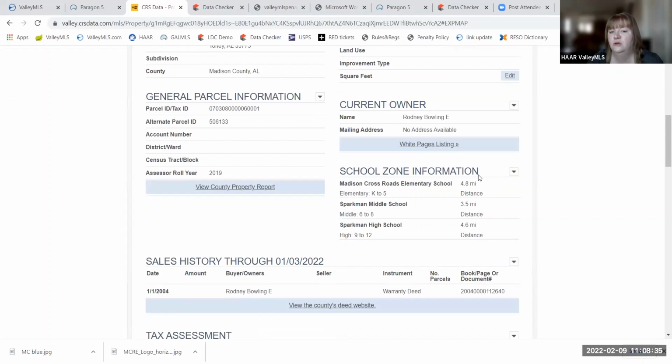I want to point out the school zone information. This is not where you get school zone information. This is pulling from a third party called Precisely. It's the same company that HomeSnap and Zillow and Realtor.com are using to get their school zone information, or nearby schools, they sometimes call it. I wish they would change it here to nearby schools because it is not the school zone information. It is just Precisely's best guess. So please go to the district. If you do see that it varies, you can let us know and we can try to get it corrected. So I just wanted to point that out too.